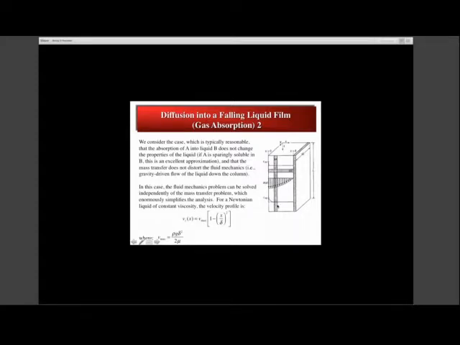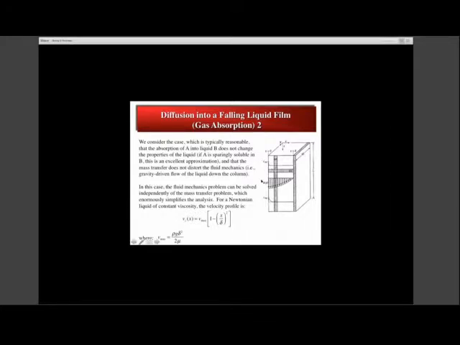This assumption provides us an important decoupling ability in this problem. We can separate the mass transfer problem from the fluid mechanics problem. Otherwise, if this assumption is not valid, then we have to solve together the mass transfer problem and the fluid mechanics problem. And so we can gain a lot of understanding about the physics of the problem by looking at the simplified version, where we separate the mass transfer problem from the fluid mechanics problem,